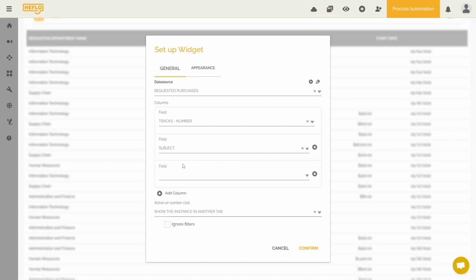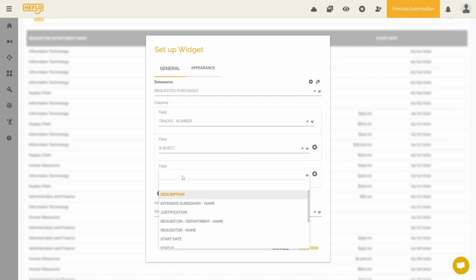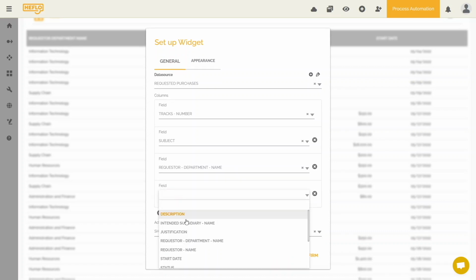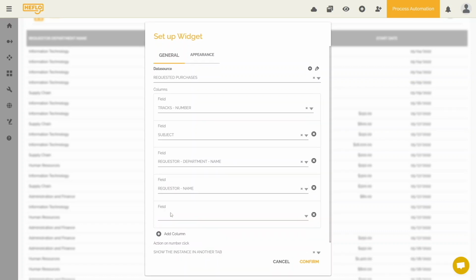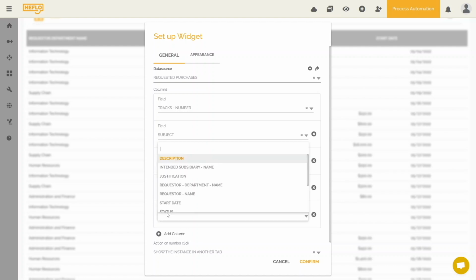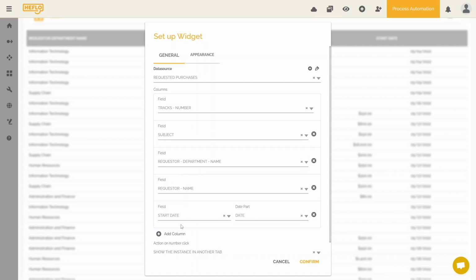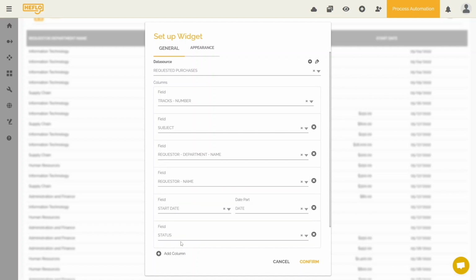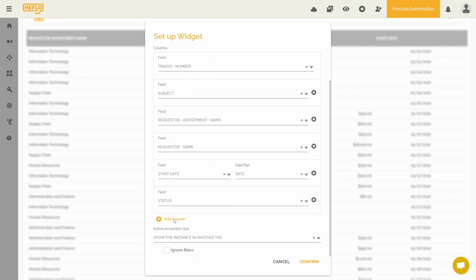I want to indicate here the requester's department. I also want to indicate the name of the requester. And then a column for start date. One for status, and one for the intended subsidiary.